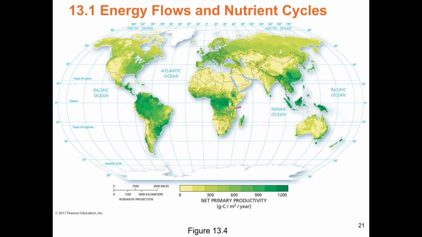So the highest net primary productivity on an annual basis is found in the tropics. The highest net primary productivity on a shorter time scale is actually the plain states, because again, they have those super long days in the summertime. They have enough water. They can actually have higher net productivity in the grasslands than in tropical rainforests. Although, like I said, if you average everything out over a year, the tropics are the winner.